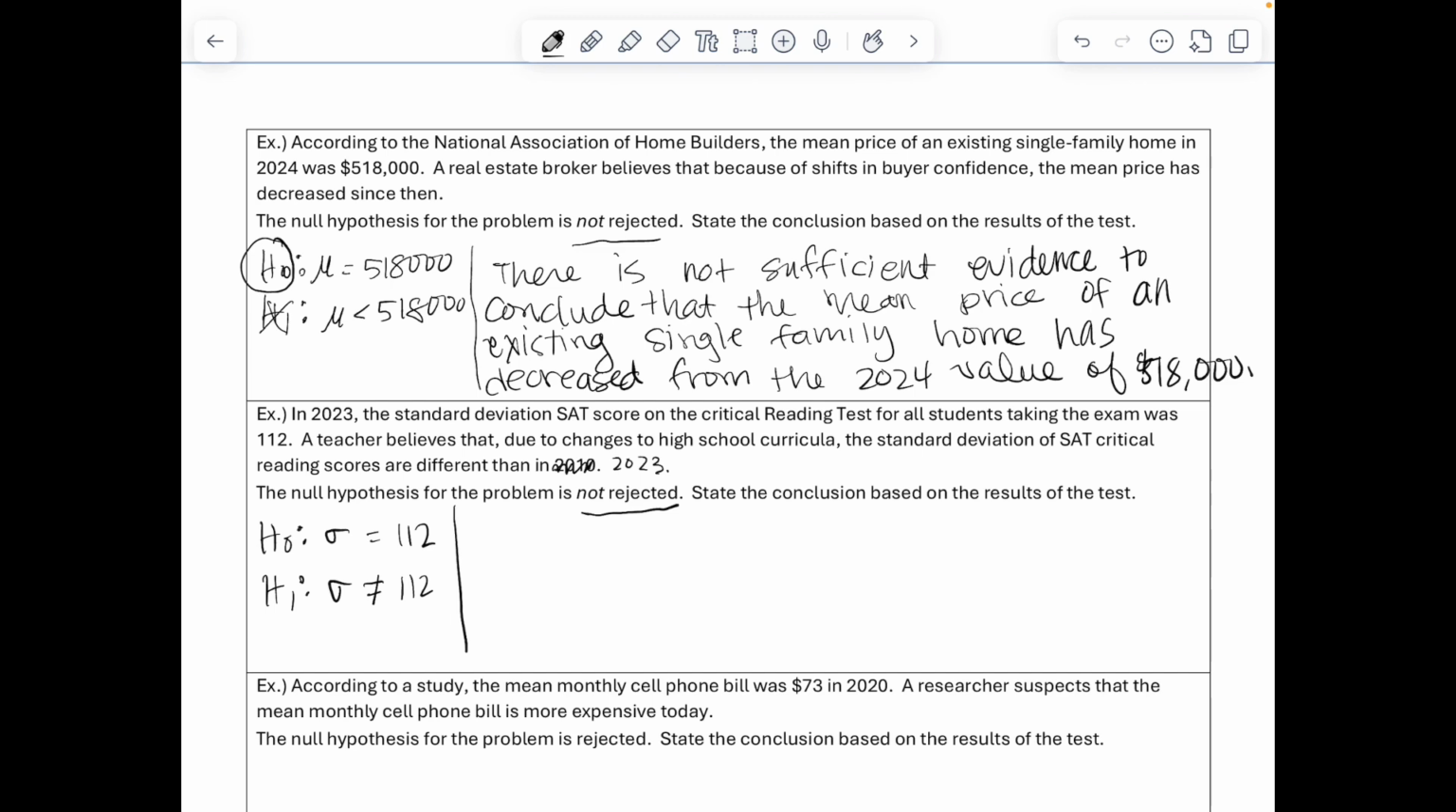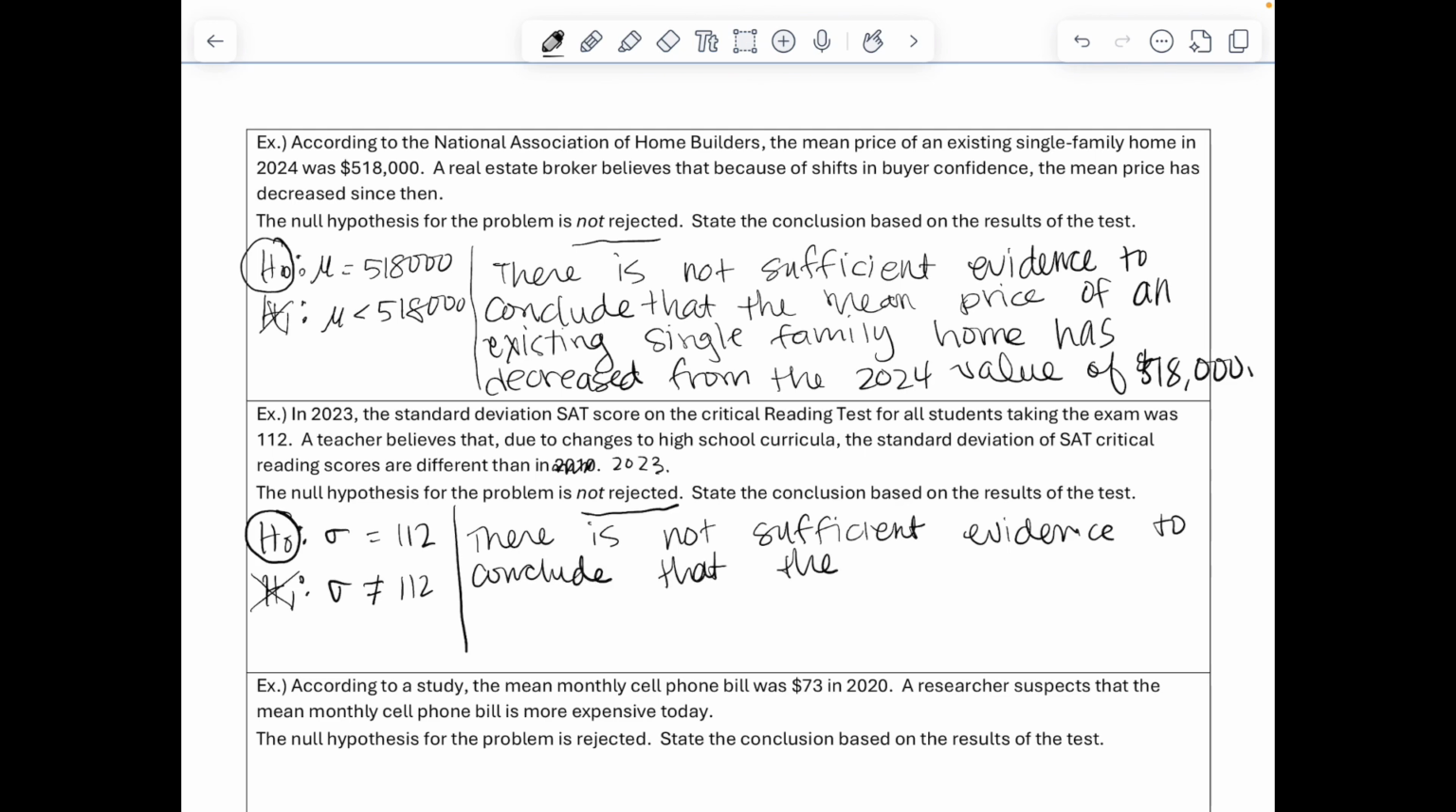And the problem says the null hypothesis for this problem was not rejected. It says state the conclusion based upon the results of this test. So again, we always talk about H1, and that means that our null was not rejected, and that means that H1, that idea that this researcher had, was rejected. So there is not sufficient evidence to conclude